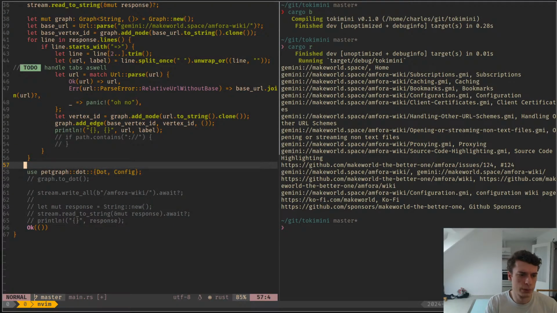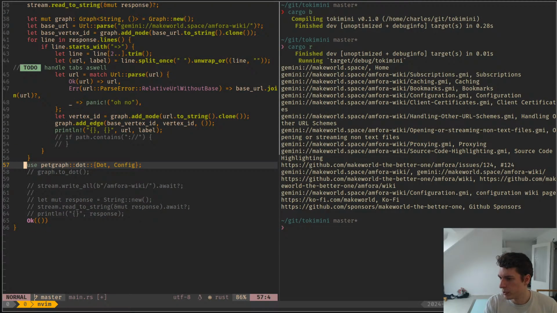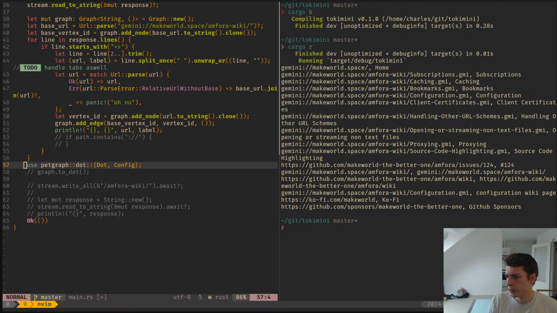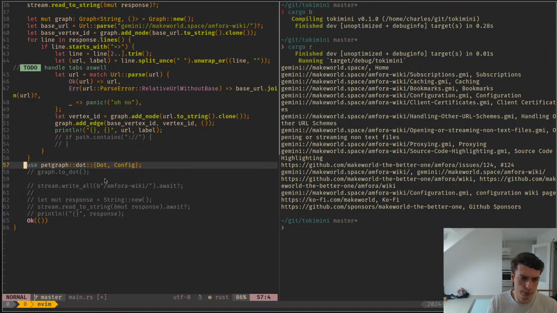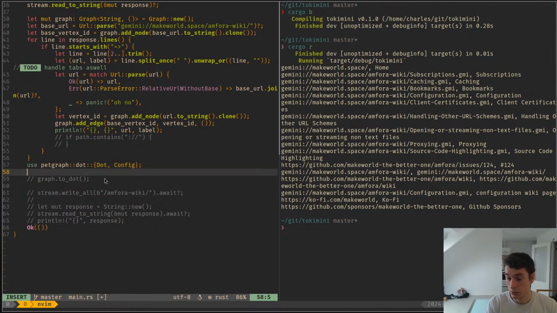Nope. Yes, I know it's a bad place to use, but who cares? I just want to see if it works. Then dot with... So... just like this. Dot with config. And then